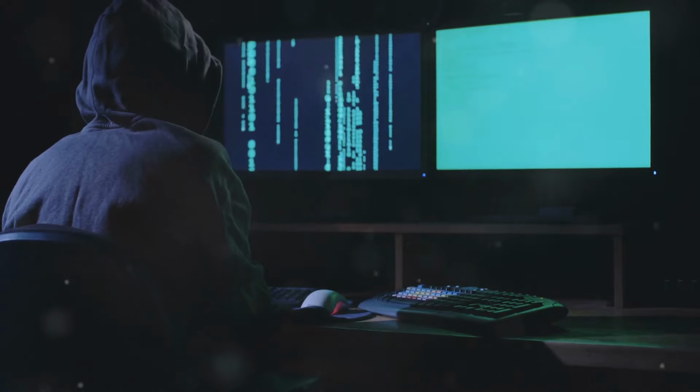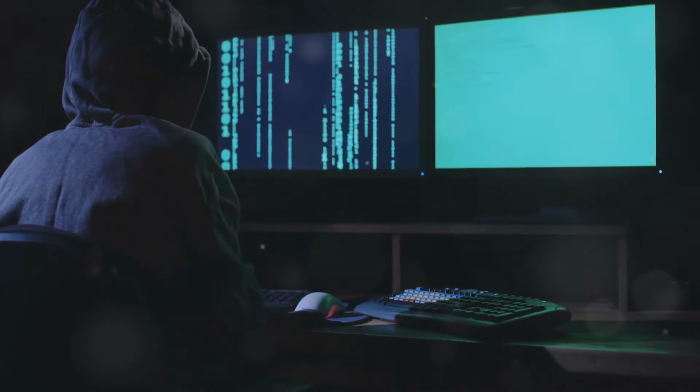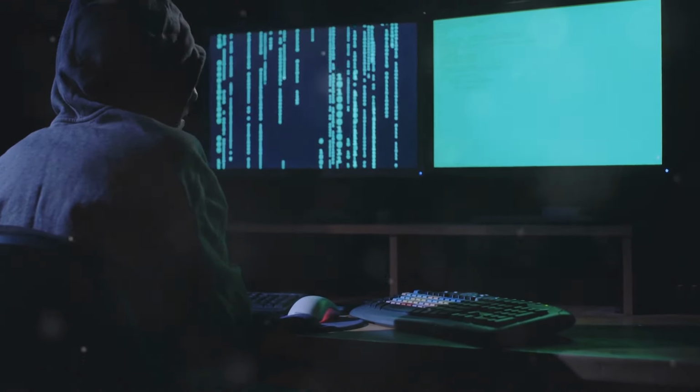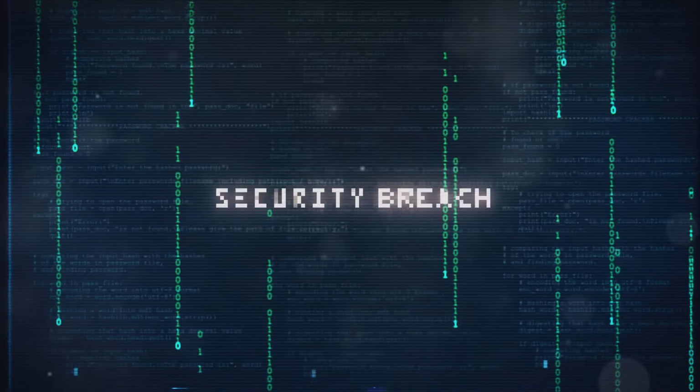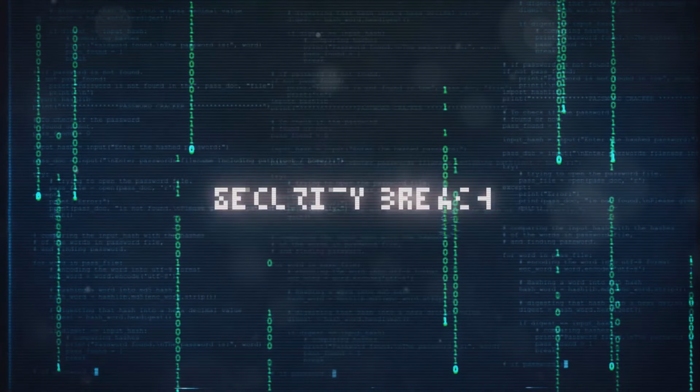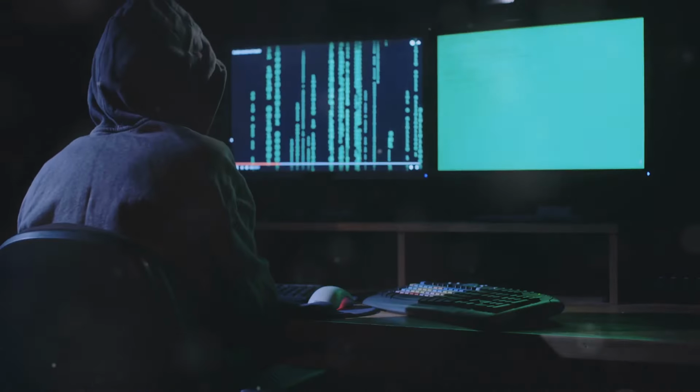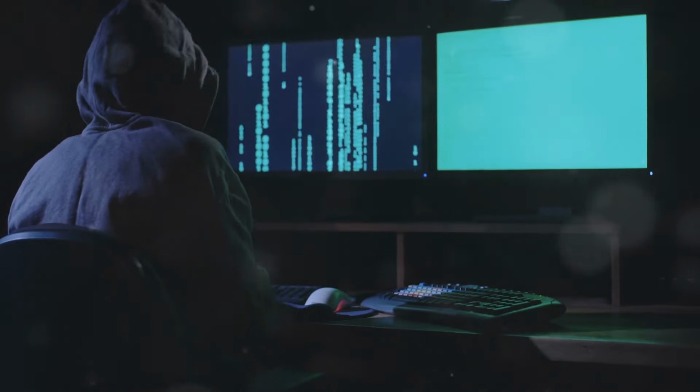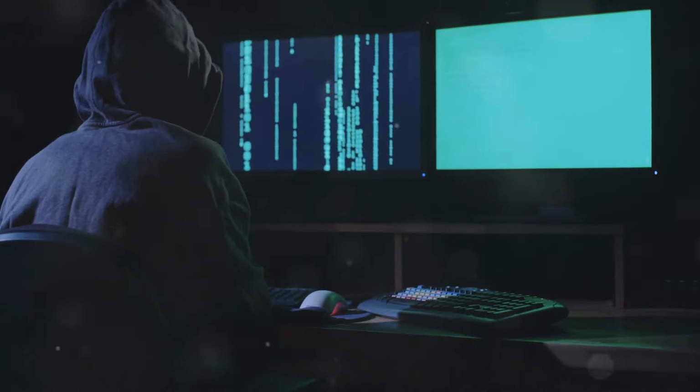Okay, so we've seen how SQL injection works in theory, but you might be thinking, does this stuff actually happen in the real world? Oh, you bet it does. And the consequences can be absolutely brutal. Let's take a trip down memory lane and revisit some of the most infamous and cringeworthy data breaches where SQL